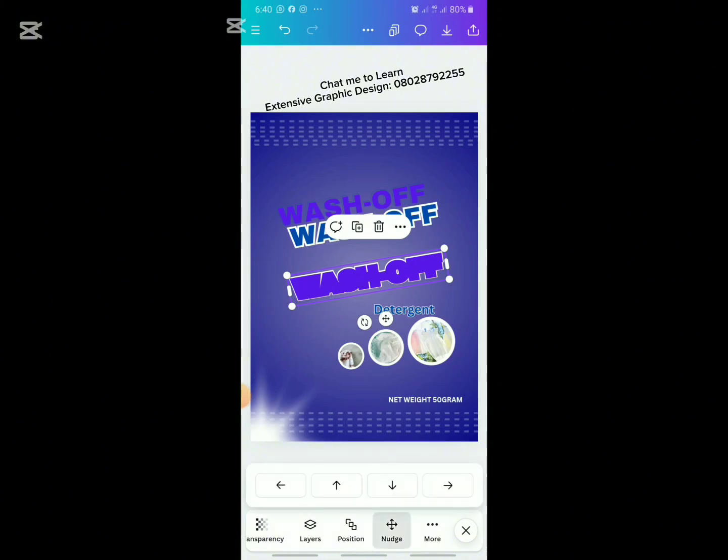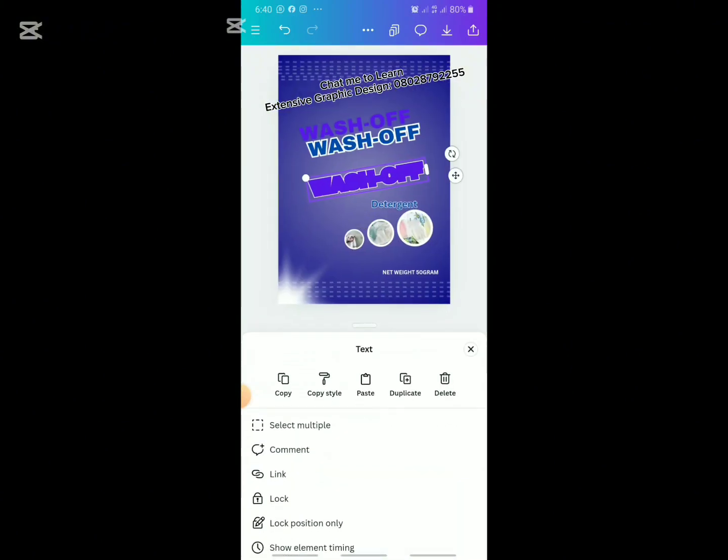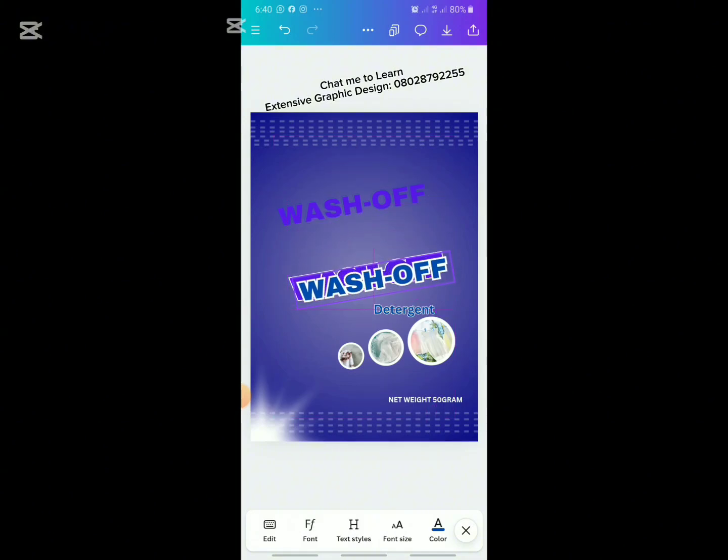Go to your edge, push it a bit. So no, remove it first and lock the first one. You've locked it, then push, take the wash, position it where everything will be aligned. Make sure they are adequately aligned, so you lock it as well. The reason why you are locking it is so that there will not be an interference in your design. You pick the third one here, this, drop it,